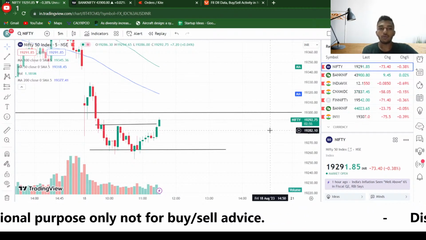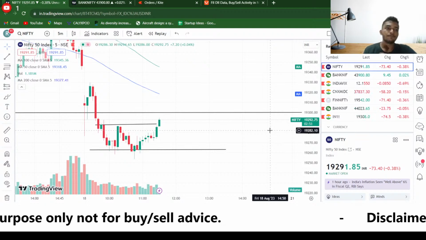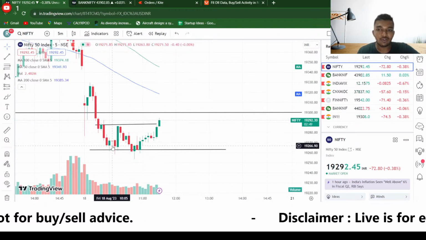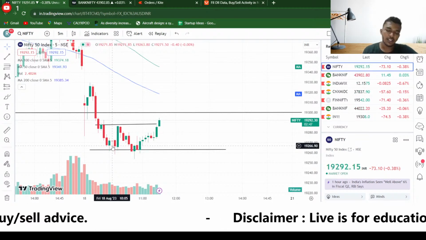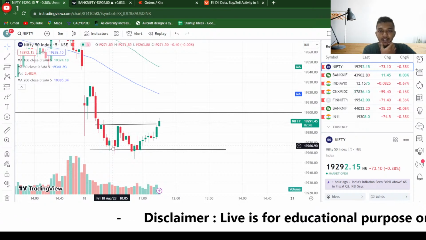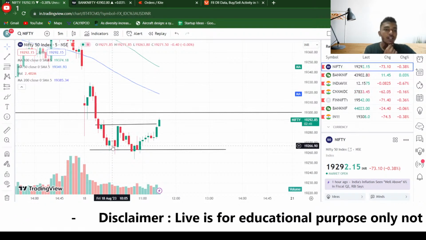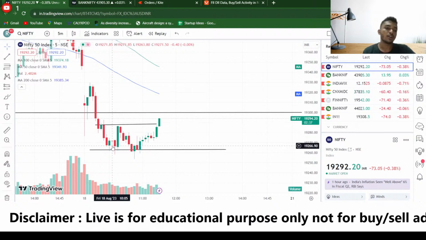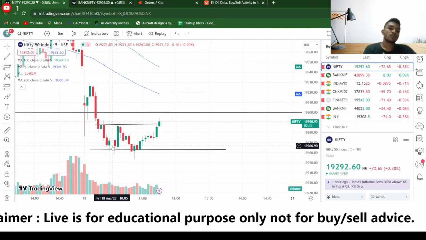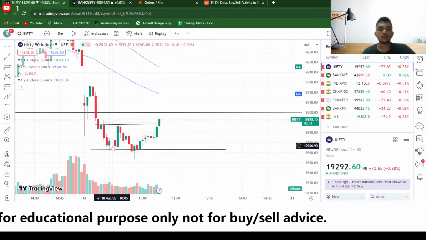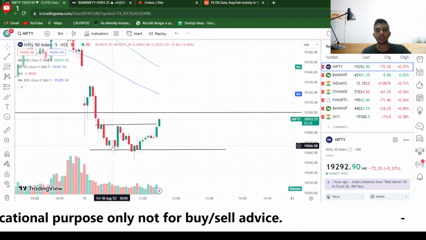So if we look at the psychological part of Nifty, Nifty was trying to break the 260 area again and again. But the sellers thought that Nifty is not going to break, and that's why it was in the range. So that's why they thought of booking their profit. So the people who were booking the profit gave this momentum. They gave this short covering momentum, and right now